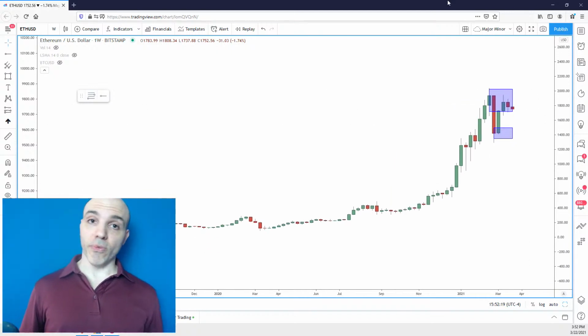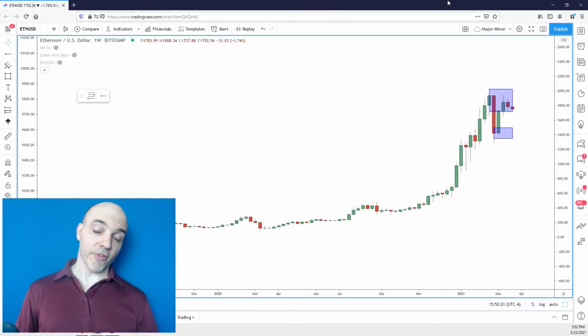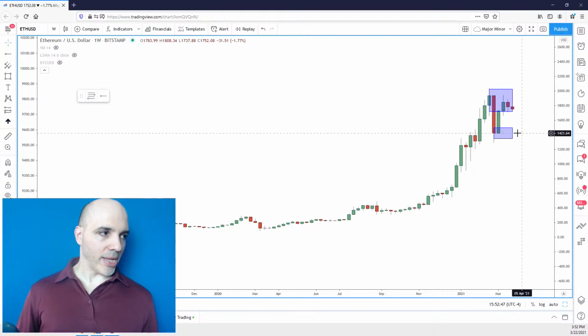And as we know, for those of you that have been in this more than a few months, Bitcoin from the 2017 peak went to 3,000 over the next 2 years. And that was just a consolidation. People were saying it was a bearish trend. When Bitcoin reached 3,000 a year ago, people were saying that it was going to 1,500. You can't listen to people. So the point is, if this thing is in a range, I'd be looking for that 1,400 range low,